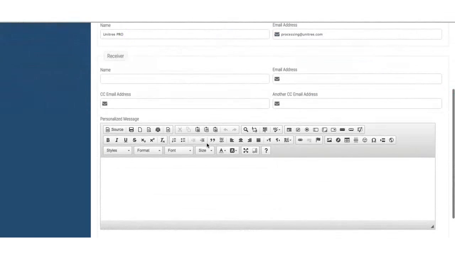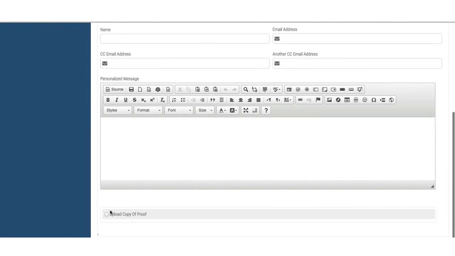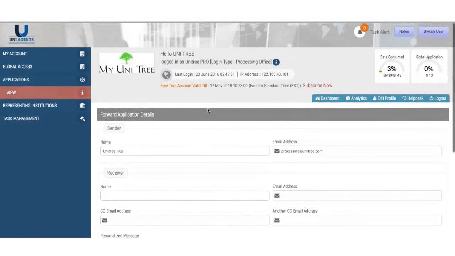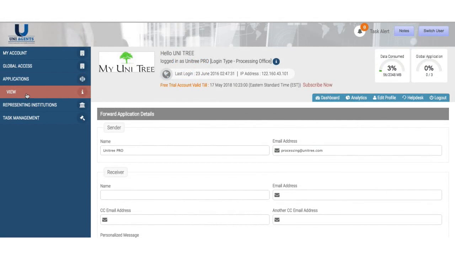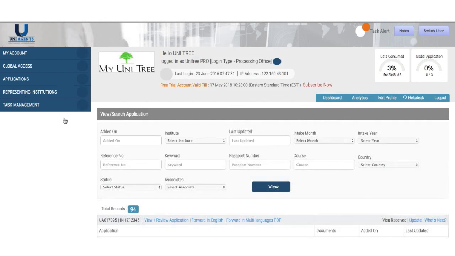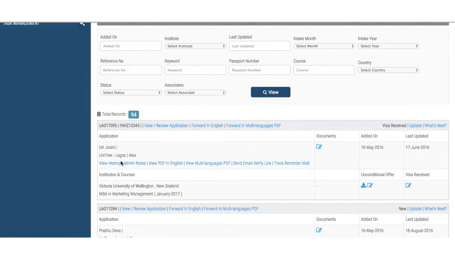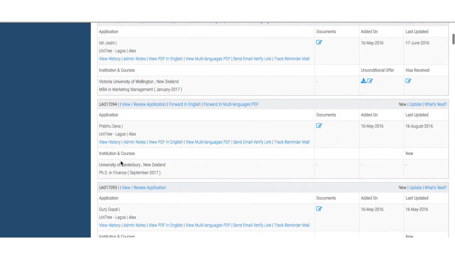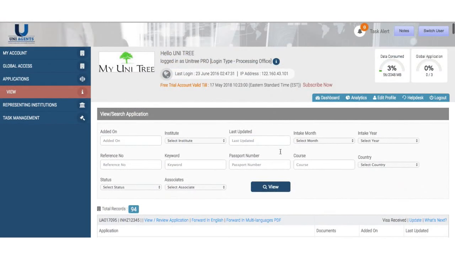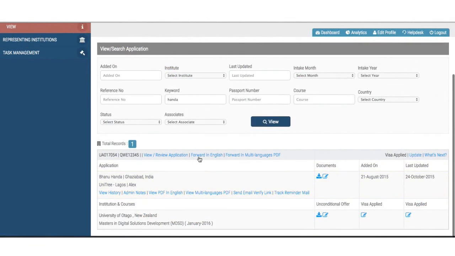Let me show you some other applicant because I have not uploaded many documents here, so it was not really a great application to demonstrate on. I'll go quickly back to the applications and show you an application. Just 1 second. I love this guy. And so while I'm forwarding the application,